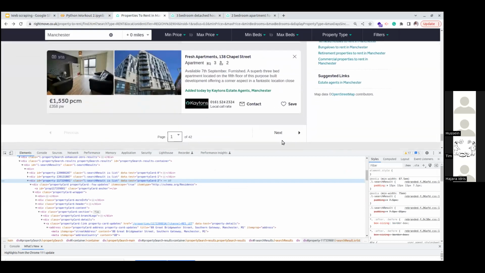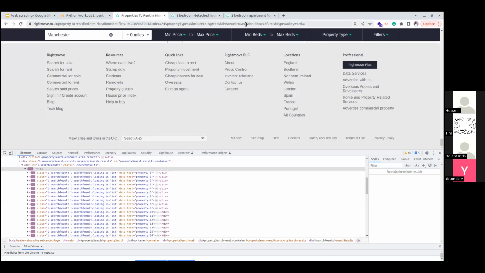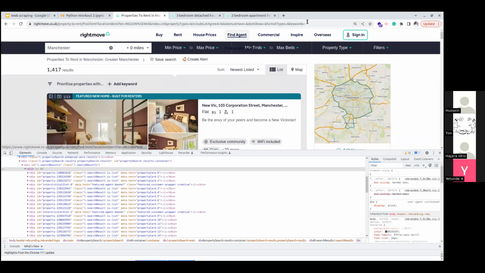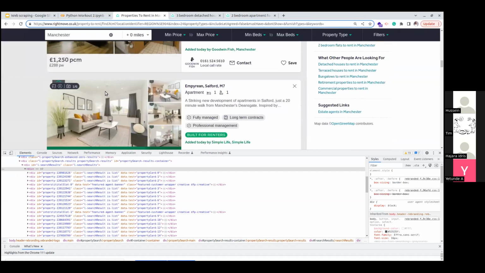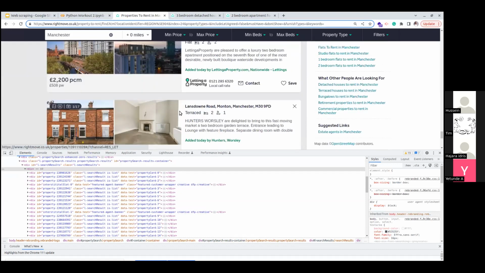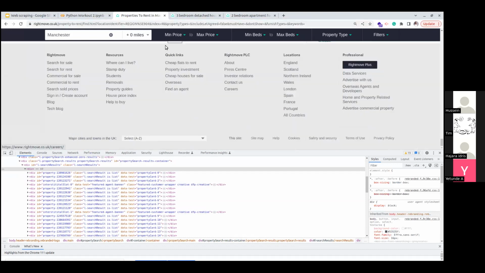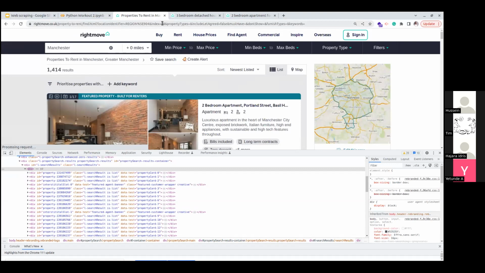By the time you click next, there's probably something in this URL that changes, and most times it's the index. So the index is 24. Let's go to the next page and watch how that index moves. Index is 48.